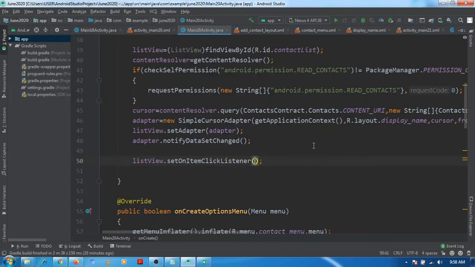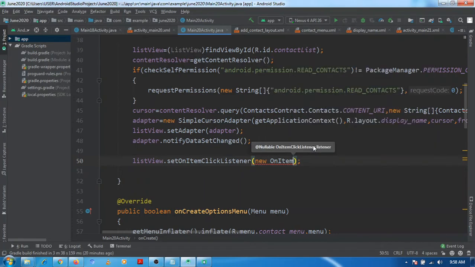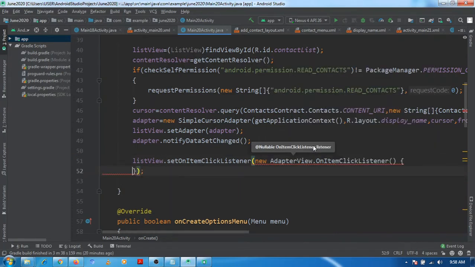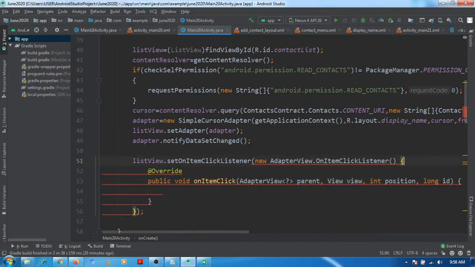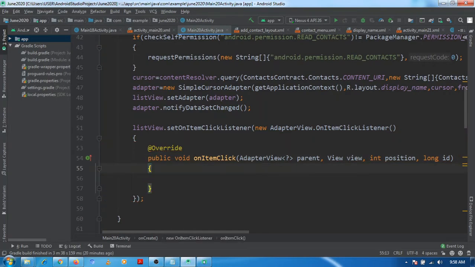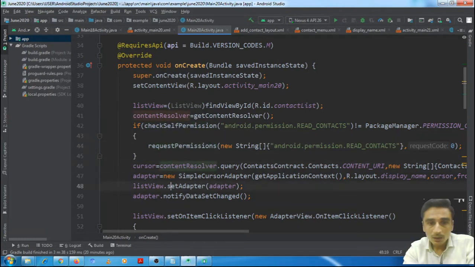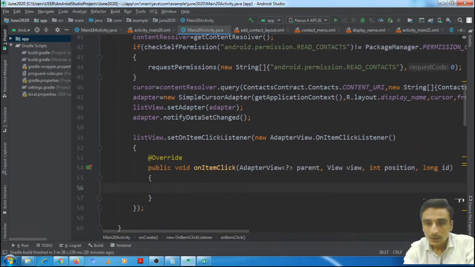Okay, and here we need to pass the argument new on item click listener, adapter view dot on item click listener. And what will we do here? Override the on item click method, and inside this method we are getting the ID also. On which list item the client has clicked, the ID of that particular record will be passed here.